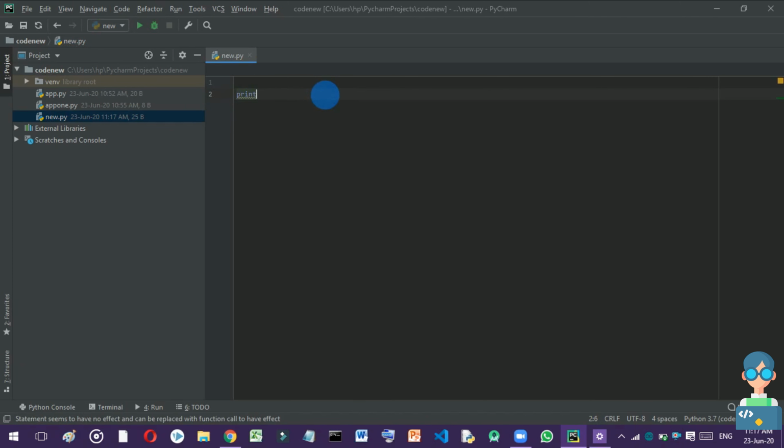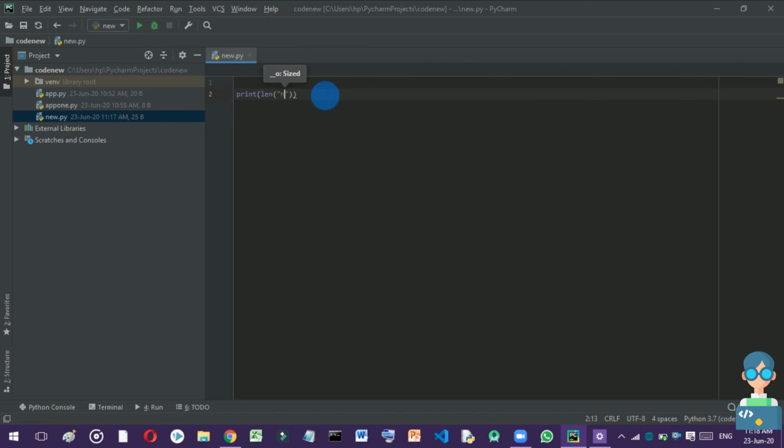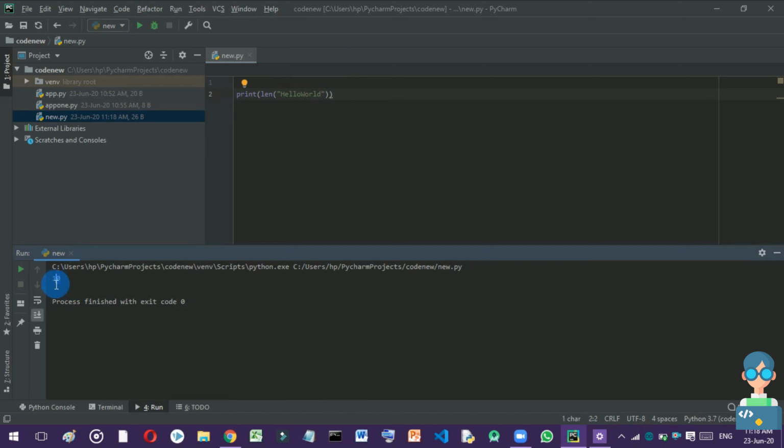The inbuilt option to do this is to write len, which returns the length of the words or letters in a word, like length of hello world. Now I am going to run it and you will see we are getting 10.